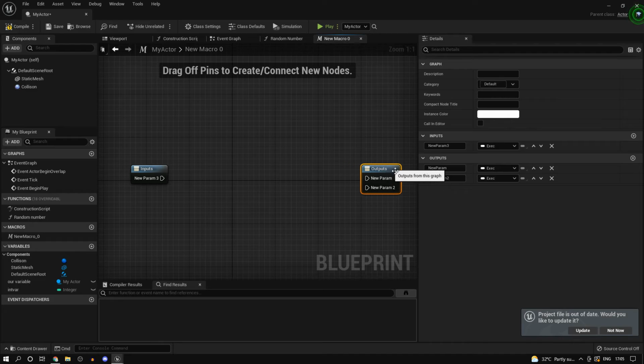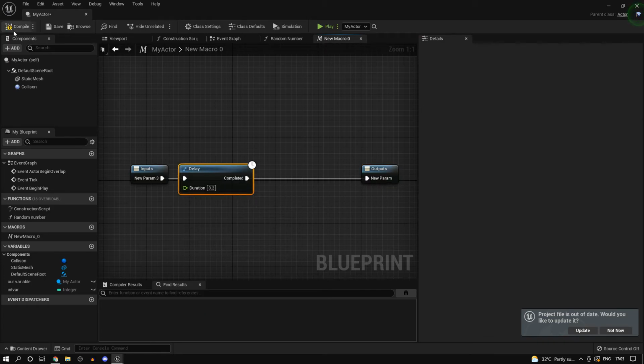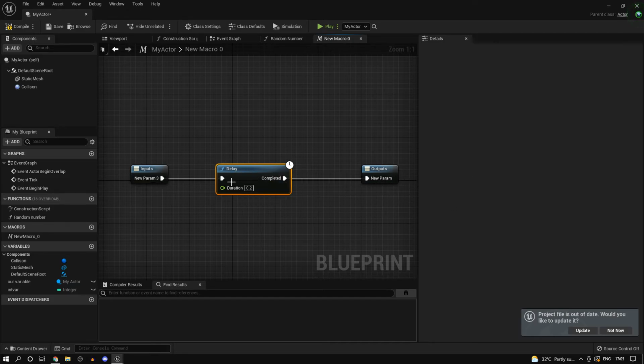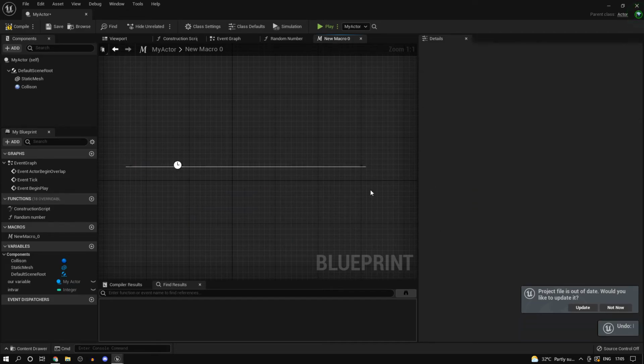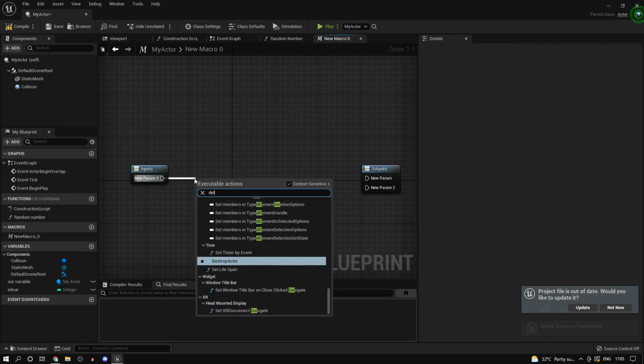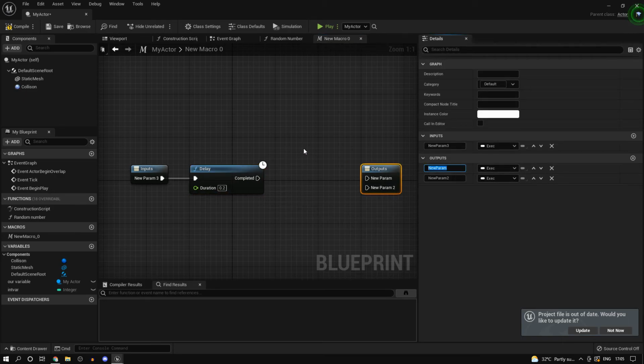And the reason you might want to use macros most of the time is to add delays. You see, you can actually add a delay. And there's another advantage of macros actually. Remember I told you about the multiple execution pins. So I have 2 execution pins here, and I can name them now, and I can name this one after.